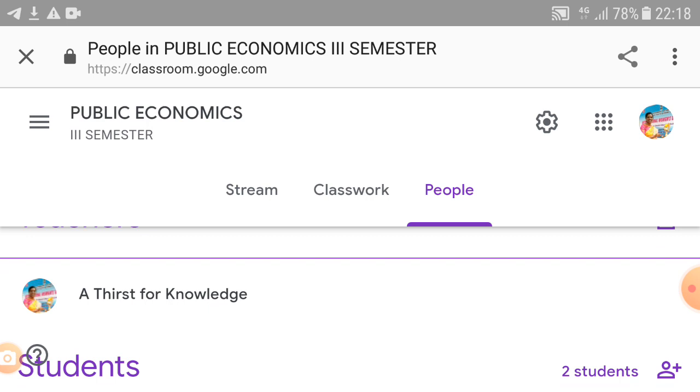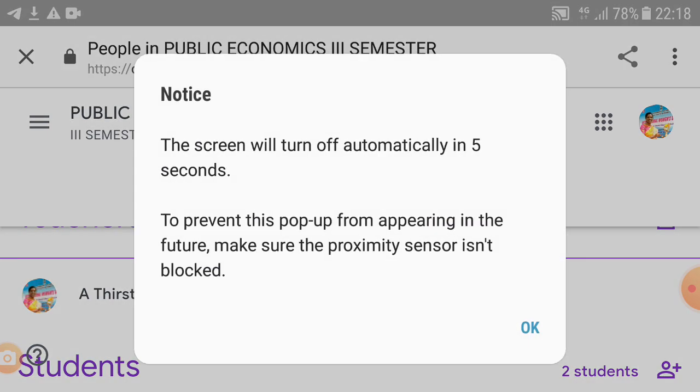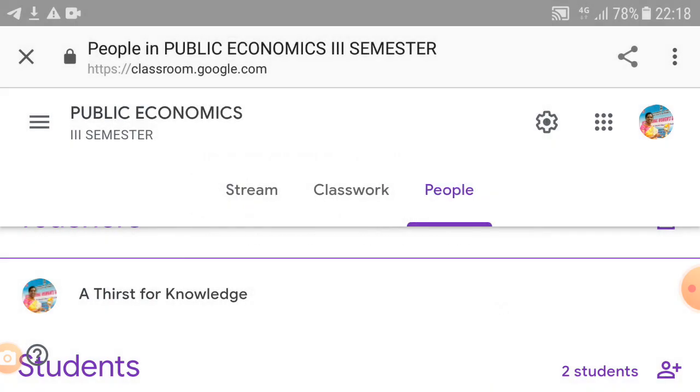Okay, in the same place the settings are there. In the settings you have to click to change your classroom settings. There is the class name, title, and the semester. If the fourth semester is there, the same students are there, so in the fourth semester only the paper title and the semester name are changed. That's why you have to click that name and semester.